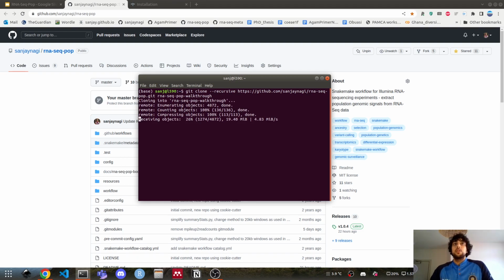Unfortunately, the Git repository at the minute is quite large because it contains some large files in its history, which are quite difficult to remove. So apologies for that if it takes a while to first install. It's currently about 100 or 120 megabytes. That should just take a couple of seconds more.